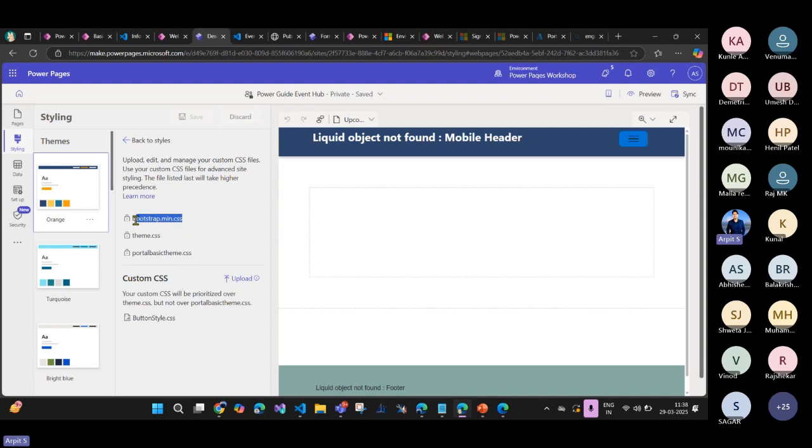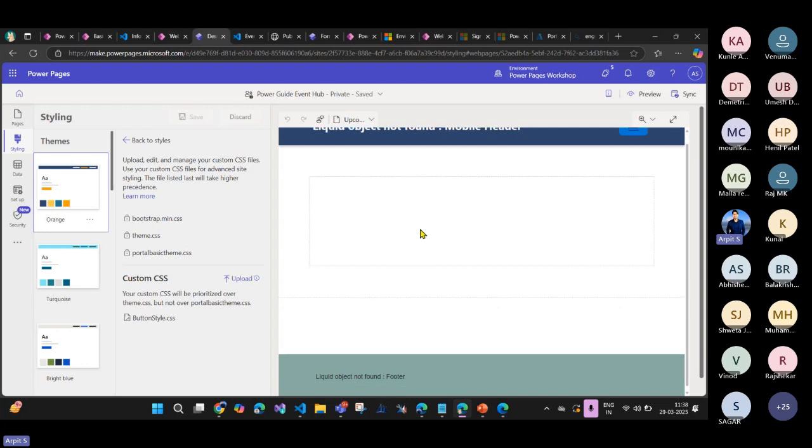Okay, the foundation is Bootstrap because the whole portal is designed on top of Bootstrap, and now the portal supports Bootstrap 5. Okay, so these are the three Bootstrap CSS that we can use: Bootstrap, theme and the portal basic theme. But if you want to use your own CSS, you can upload your own CSS file as well. Okay. So for example, like I want to change